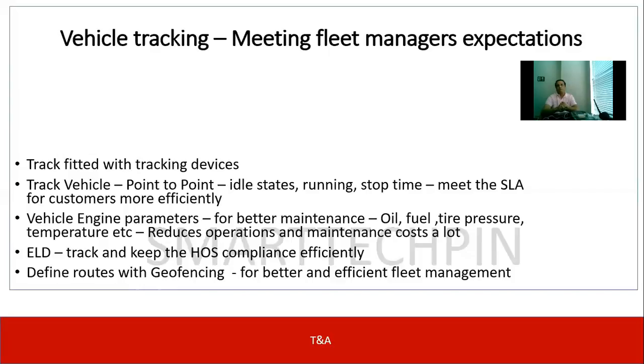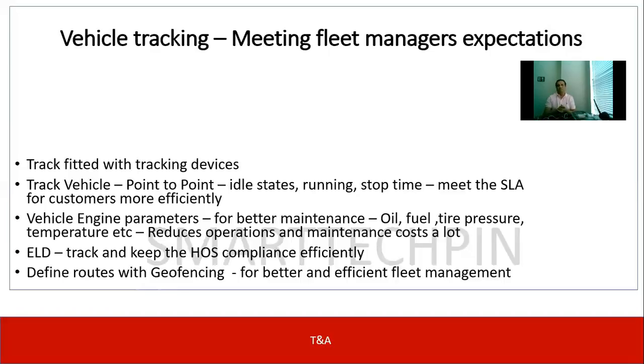The other one is basically the trucks, as you know, they move from point A to point B. They follow a certain route. So you can define the route when the vehicle starts at point A to point B. You can create a route and you can keep a geofence. Geofencing is nothing but you're defining a rule saying that okay, this is the route you have to take,